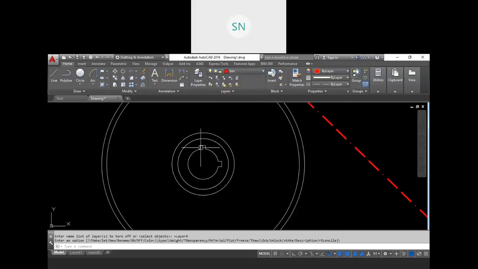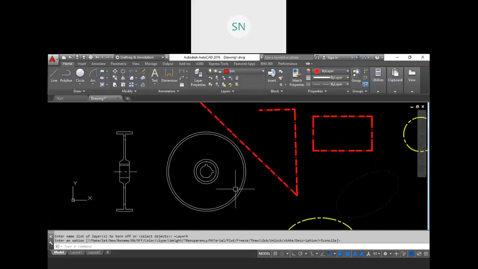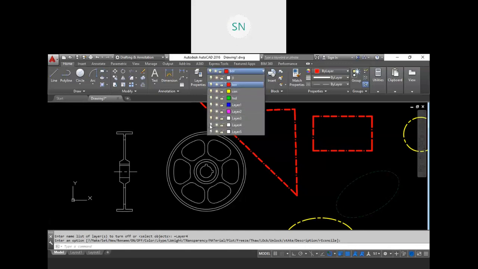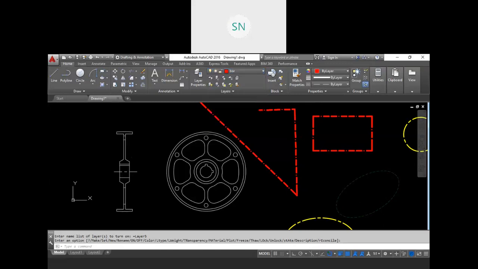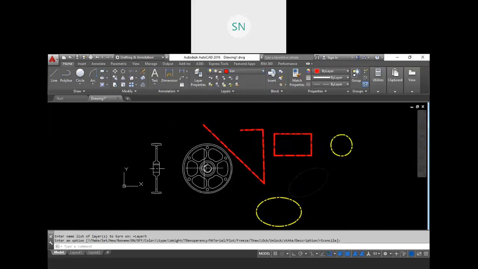And also these slots we need to remove. Once the basic flywheel is created, then we need one more drawing for the milling cutting, right? These cuts are done with the milling tool, CNC milling, vertical milling machine, and the rest of the portion is done in the CNC lathe, right? In the turning. So in this way you can manage your drawing with the layers.